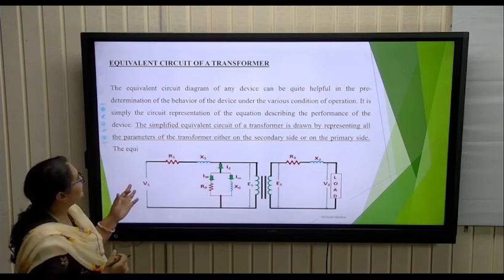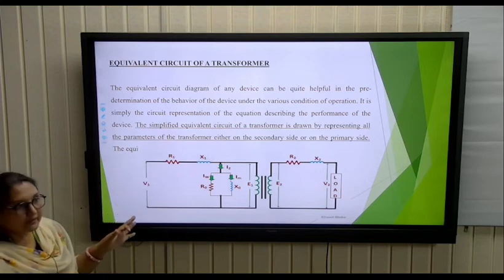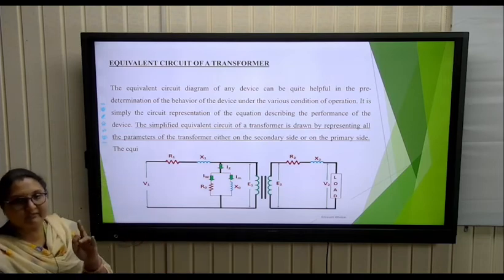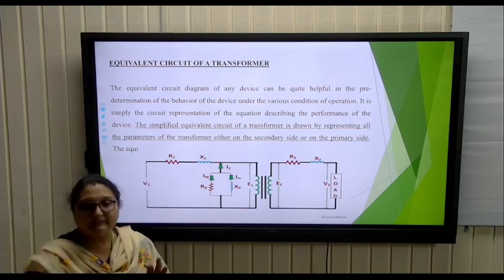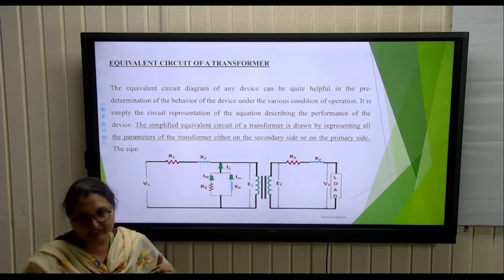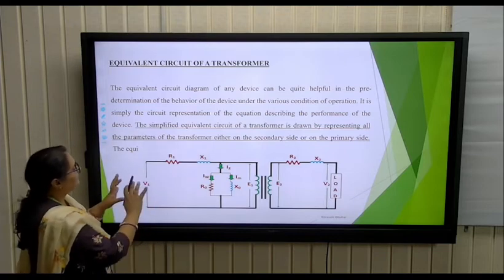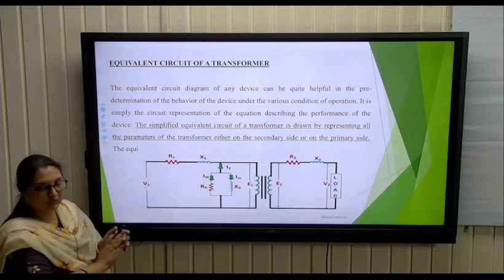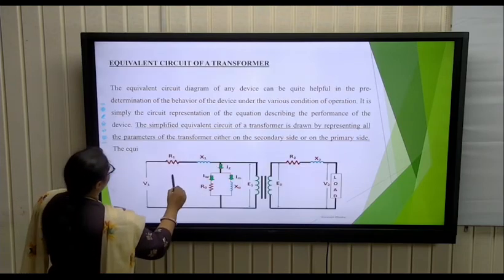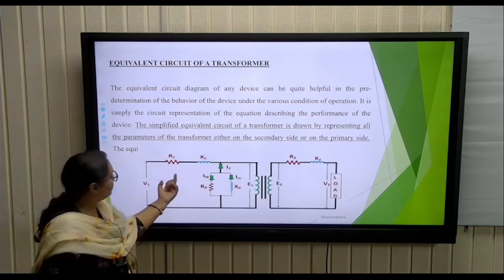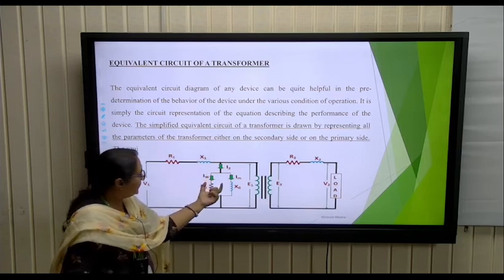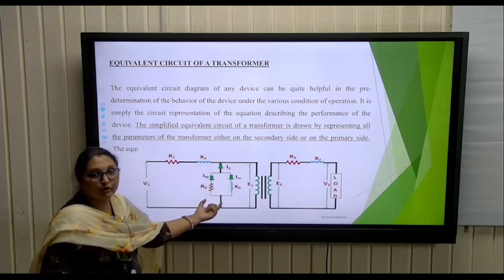So let us discuss the equivalent circuit of a transformer. What we have seen in the previous slides, we have calculated the efficiency, we have calculated the losses, and we have seen how the transformer phasor diagram can be drawn based on the on load and no load conditions. So here this is the total practical equivalent circuit of a transformer, where this one is your supply voltage V1, R1 is your primary resistance, X1 is your primary inductance, and these are the parts that contribute to your magnetism.